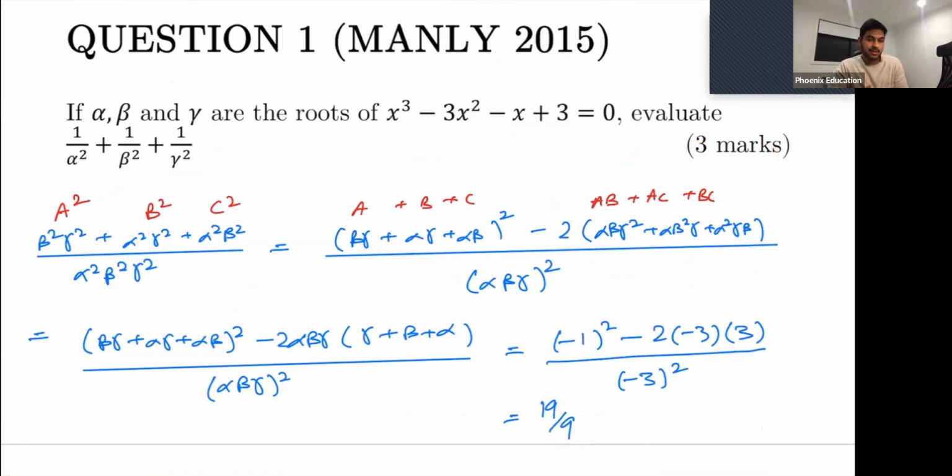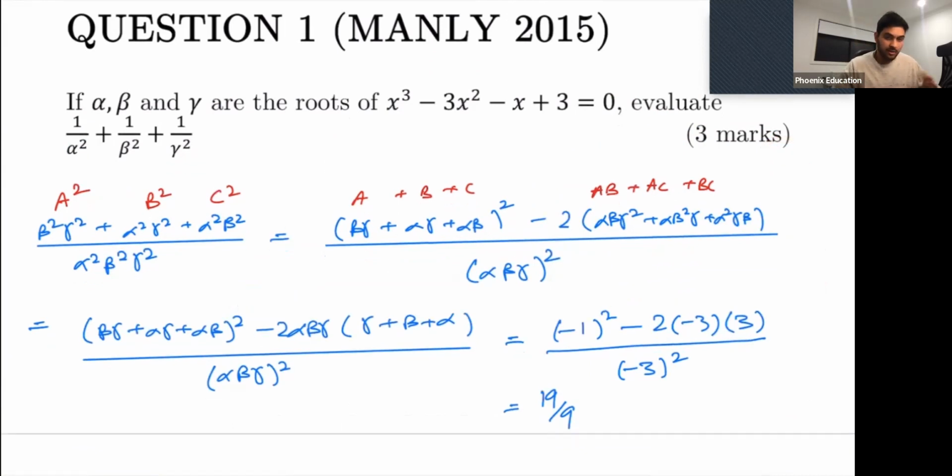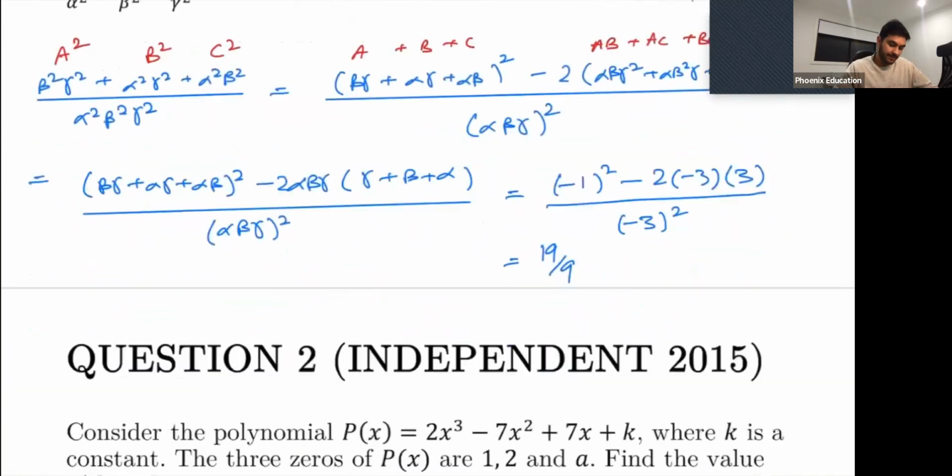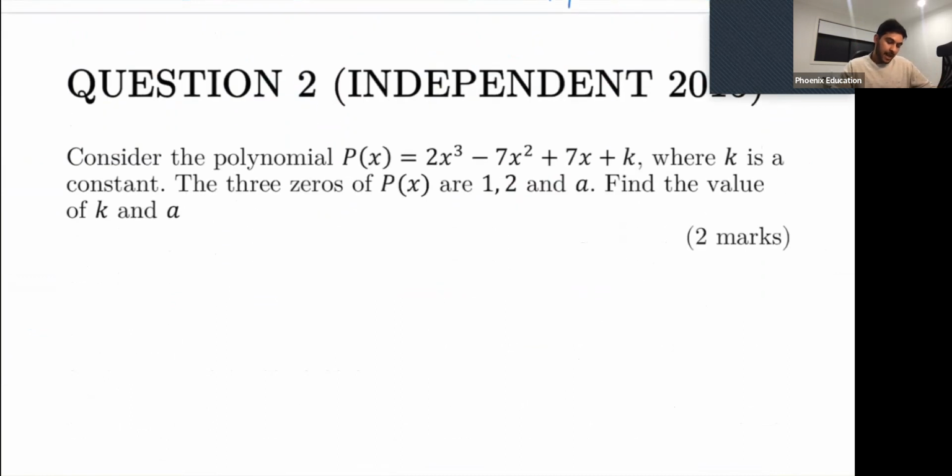Could you be asked this in your exam? Yeah, definitely. So you should definitely know how to do this question. If you know how to do this, you'll be pretty set for relationship between roots and coefficients. Okay,